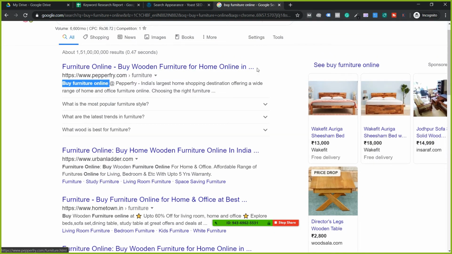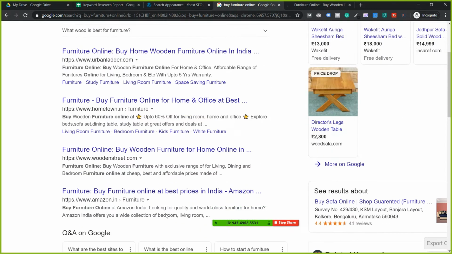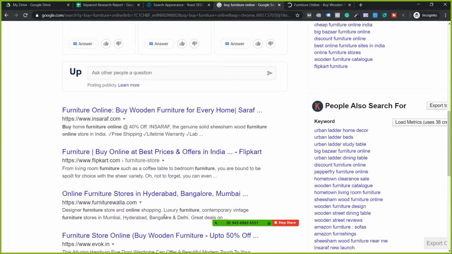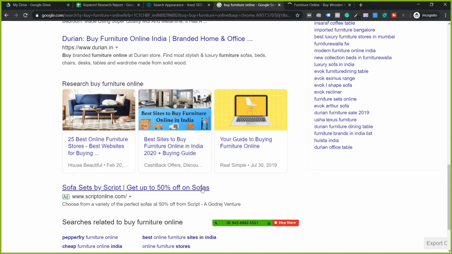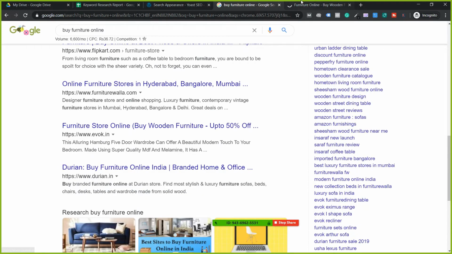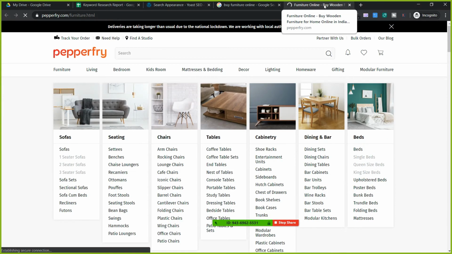Usually if you scroll to this end, I'll try to open it and show it to you. Usually they begin with the keyword and end with the domain name. Since Google changed their, can I see here? Okay, no, this is an ad. Now let me open it and show you here. Now here it shows dot dot dot. Here also they're showing dot dot dot. That's not a good thing.